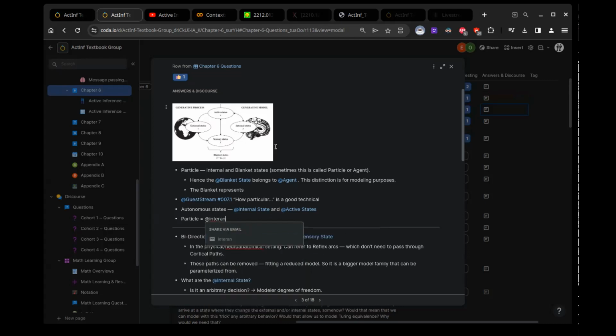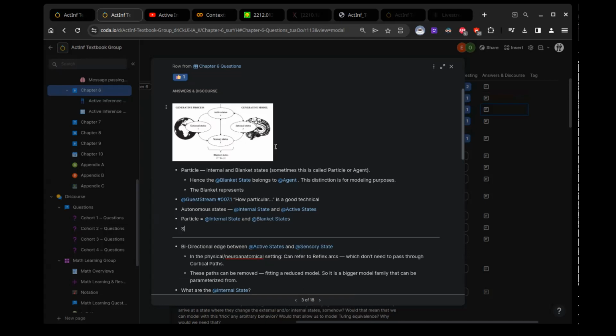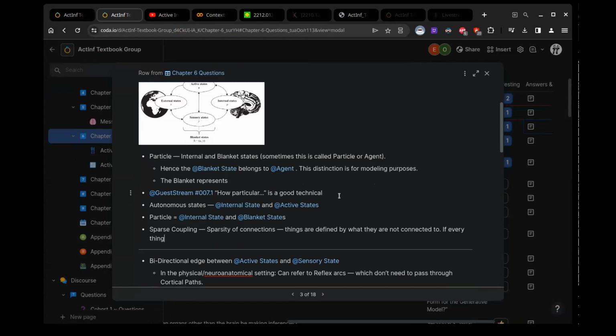And the other term is sparse coupling, which exactly refers to that unidirectional arrow in this figure. Very briefly, sparse coupling refers to the fact that things are defined by what they are not connected to. If the whole diagram were connected through bidirectional arrows, that wouldn't be a sparse coupling. So the reason this term is used is because of that unidirectionality in this figure.